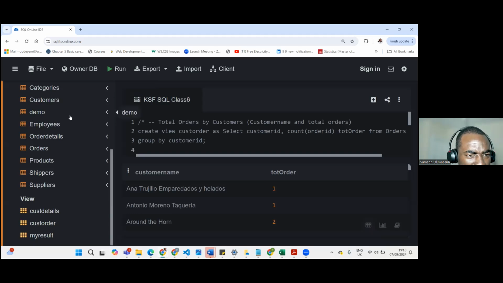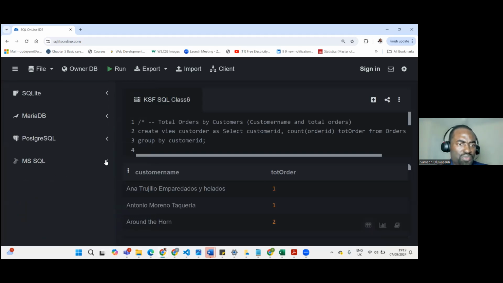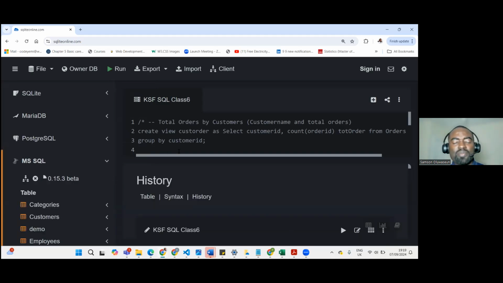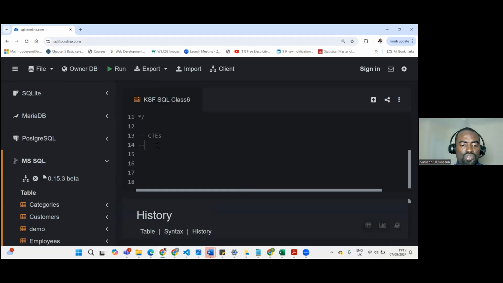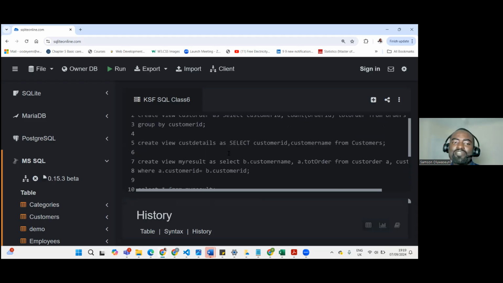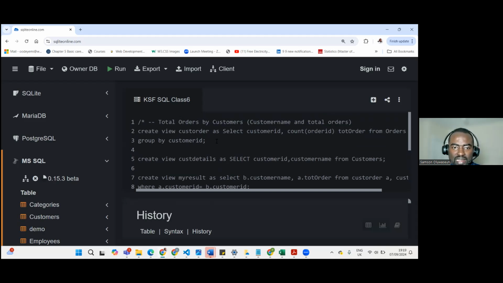I wish I can push this guy to the side. Okay, no push. Okay, so let's see how common tabular expression works. I'll be using the same example so that I won't be going back and forth. Still, we're given this problem to solve. So I'll just copy this. Total order by customers. Now we have solved this first table, right? I will copy this first table, right? And copy